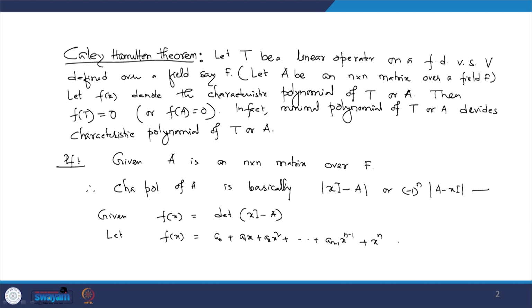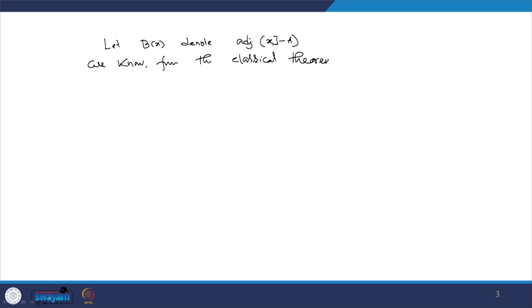So, that is why f(x) is equal to this structure, please. If you recall the definition or some property of the adjoint matrix, let B(x) denote the adjoint of xI minus A. Then we know from the classical theory, the adjoint of a matrix, okay, xI minus this matrix A, and